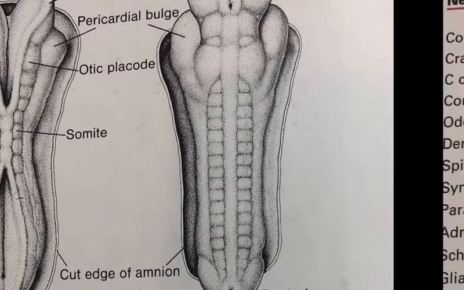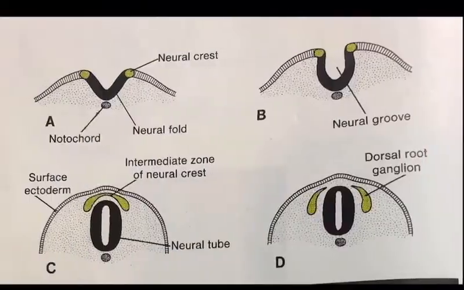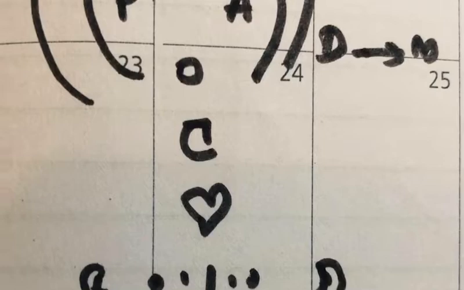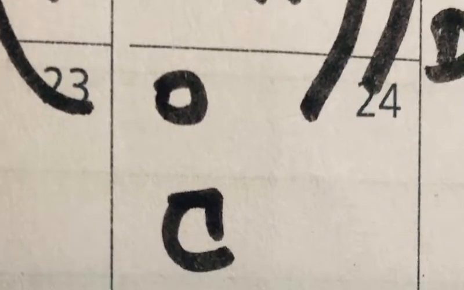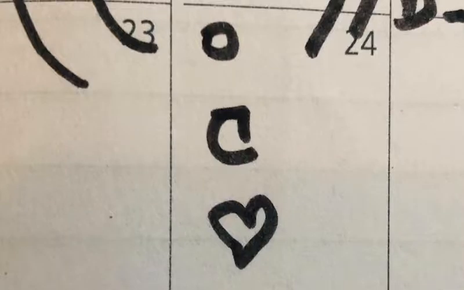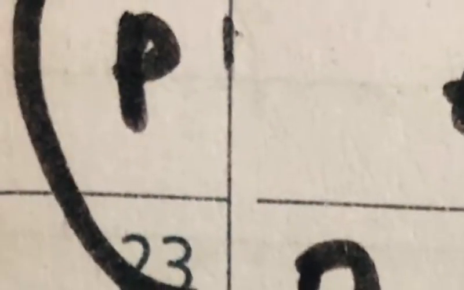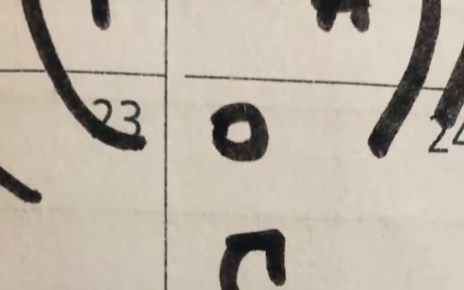And then next one, neural crest cell derivatives. For that you should know a small diagram. This diagram shows all the derivatives. How to draw that? Number one, first you should draw an inner circle. That inner circle is the connective tissue of the skull and the face. Okay, skeleton, connective tissue and bones of the skull and face. Very good. Number one, the first inner circle is your skull. Imagine that is your skull and the face.